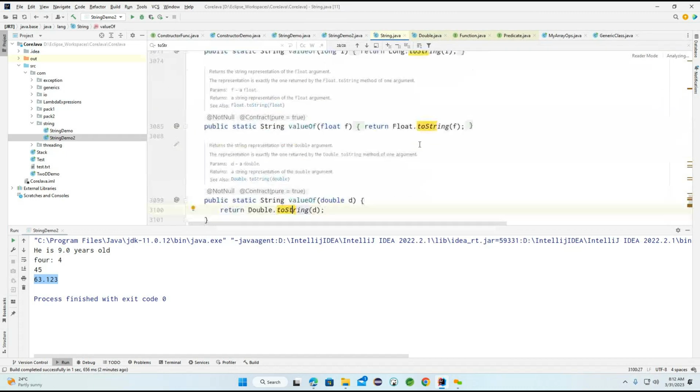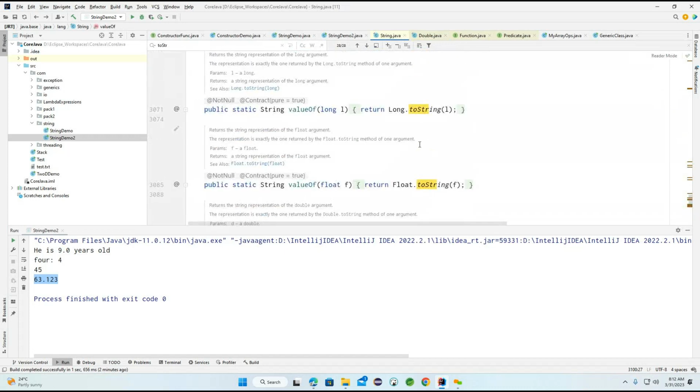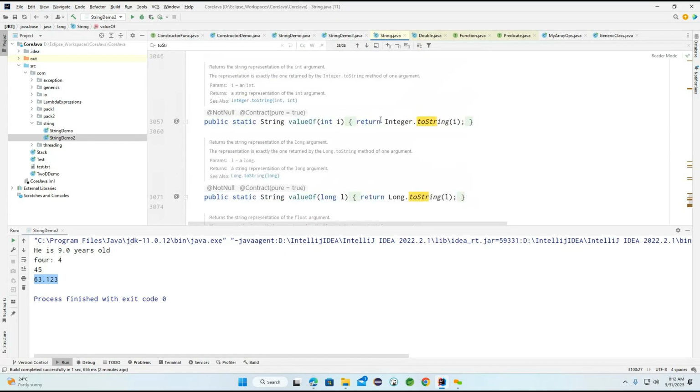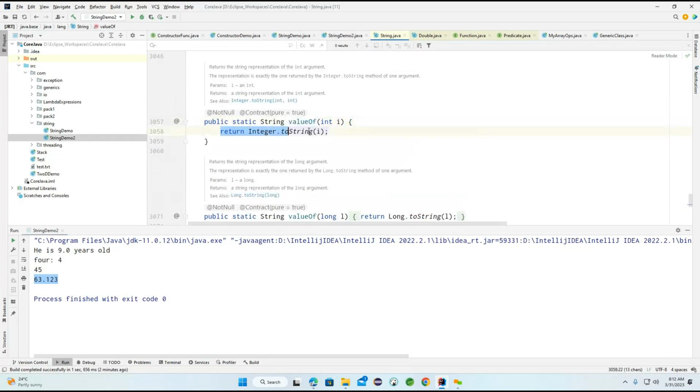Now if you go for the same for the integer related, this is a float, long, integer. Now here you can see Integer.toString. Whatever method we are calling, valueOf, internally what exactly is it doing? It is calling this particular return Integer.toString. Finally, what we are doing is passing this particular integer value, and the toString we already implemented under this particular